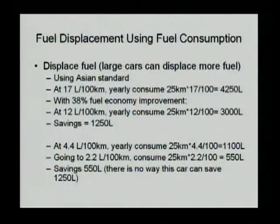So that's the idea. Similarly, we can do this in the Asian type of calculation, where they calculate the fuel consumption per 100 kilometers driven. In this example, the distance is 25,000 kilometers per year at 17 liters per 100 kilometers. So the fuel consumption is 4,250 liters. If you increase again by 38% fuel consumption reduction, you can get 3,000 liters per year. So the savings is